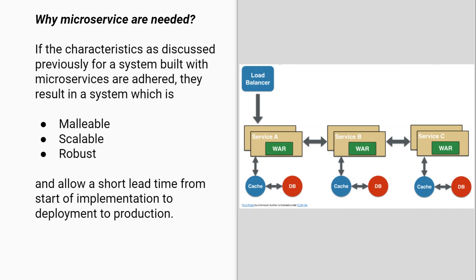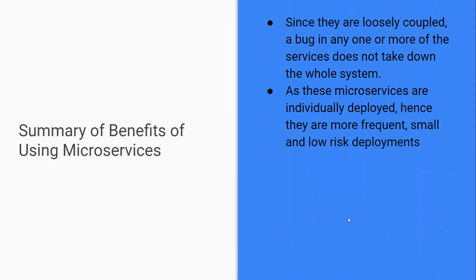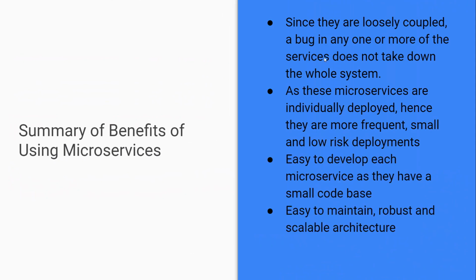So let's see a summary of the benefits of using microservices. Since they are loosely coupled, a bug in any one or more of the services doesn't take down the entire system, saving a lot of precious time for the operations team and for the users. As these microservices are individually deployed, deployments are more frequent, and they are small and low risk. And each microservice is easy to develop as it has a small code base, and easy to maintain,